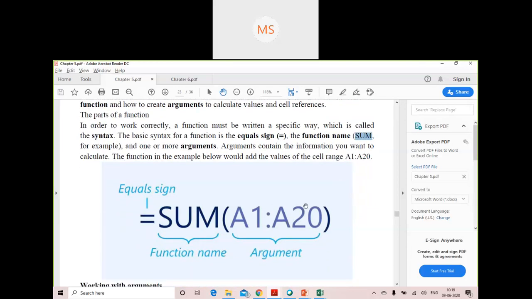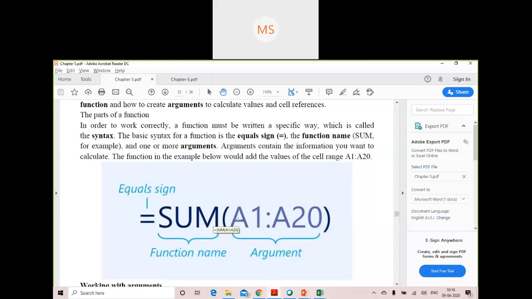This is what the syntax of a function looks like. Equal to sign, after that you write the name of the function, and then this is the parameter list. These brackets are known as parentheses.